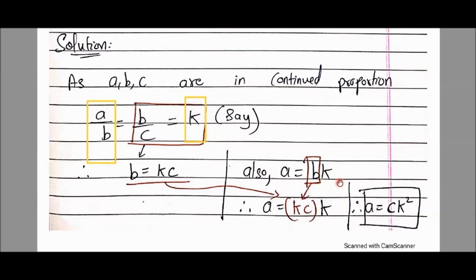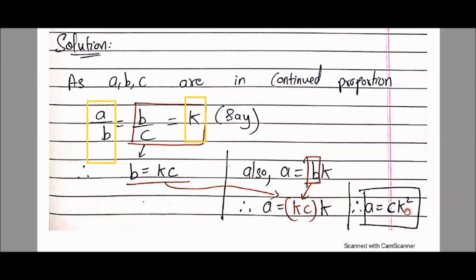Okay, but now you will understand why I told you to go backwards. Because earlier we had found the value of B. What was the value of B? B was KC. So here also we got the B over here. So at the place of B, I'll substitute the value of B, which I already got in the previous step. B is KC. So A is equal to KC into K. See, at the place of B in red color, I'm substituting KC, and K as it is. So K into K becomes K square. So what is the value of A? A is equal to CK square.